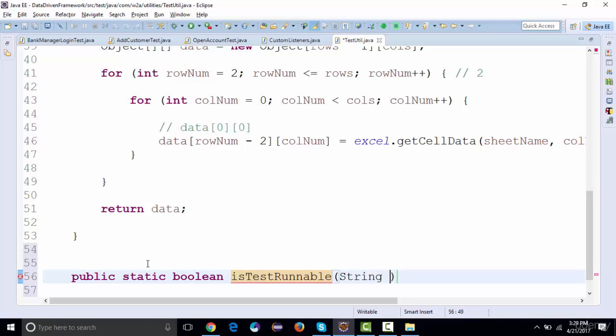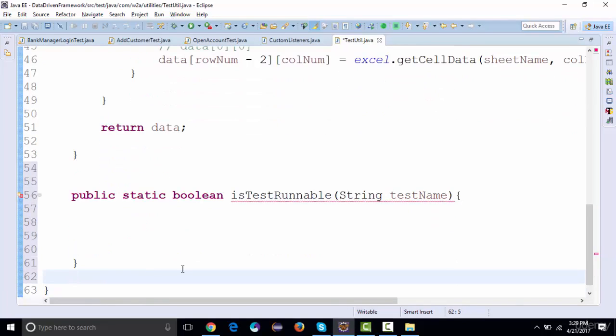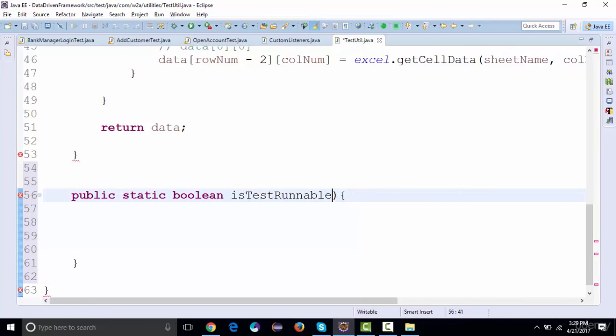So this method we're going to accept a string test name, and can also accept the reference of your Excel reader. So I can write Excel reader